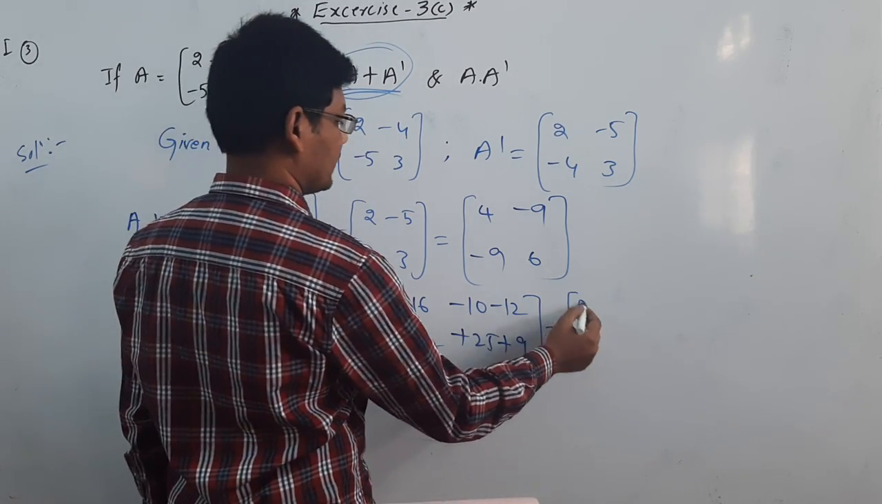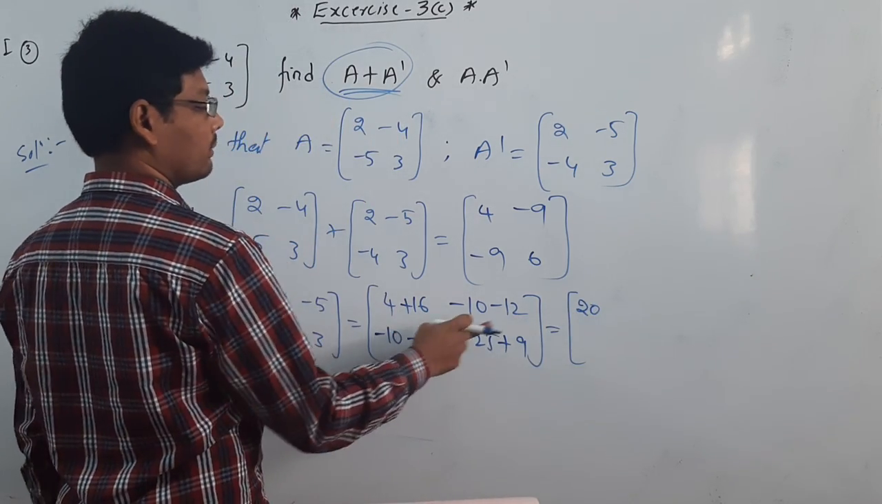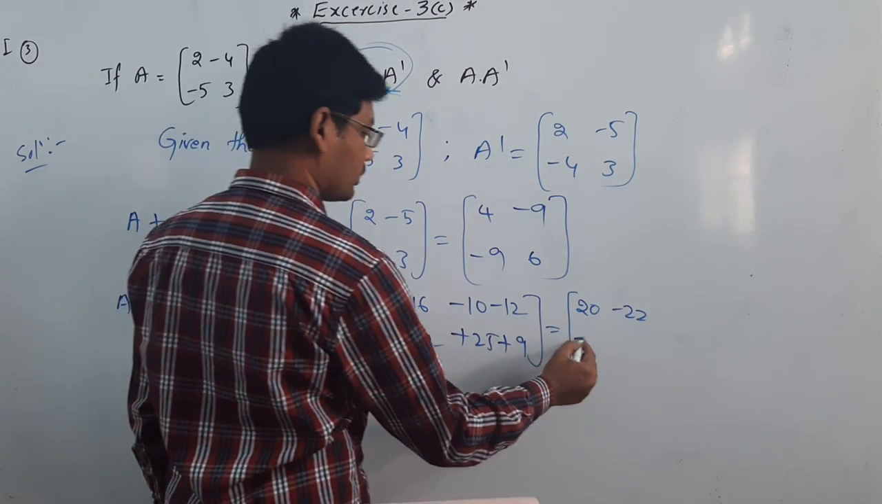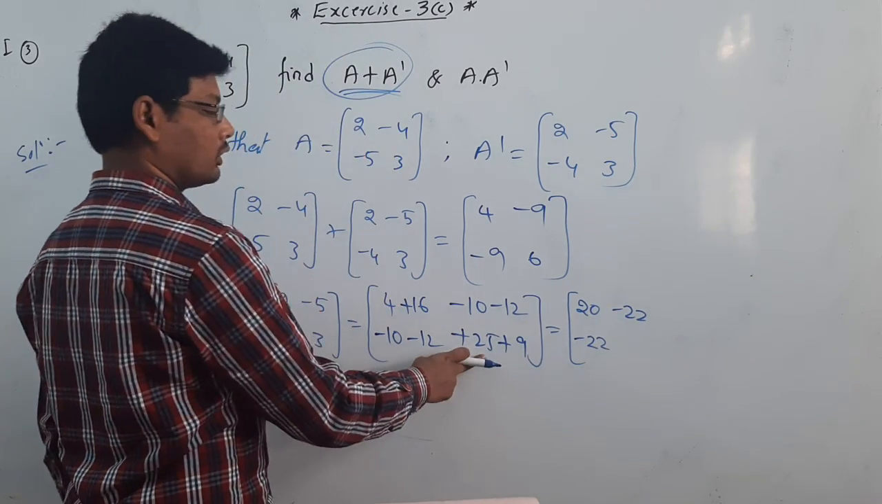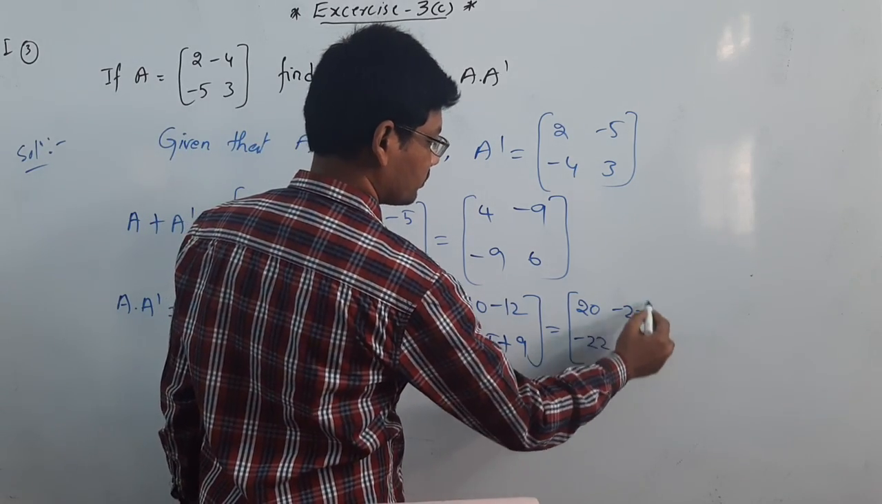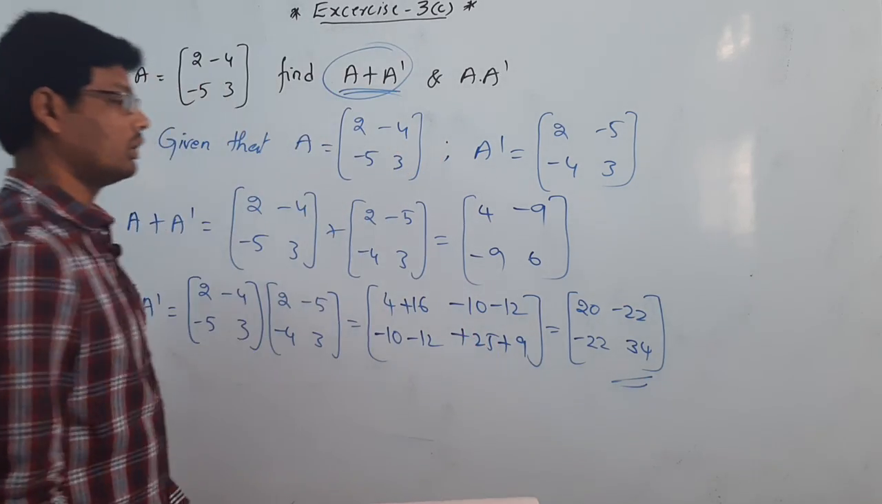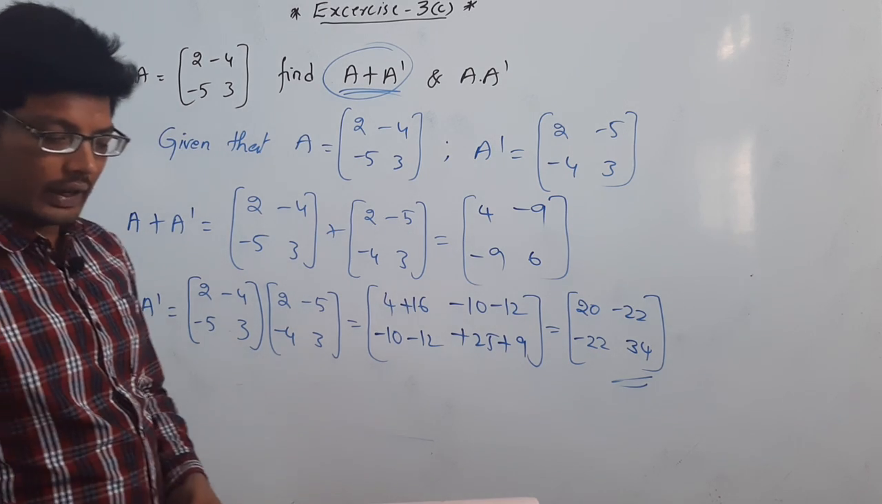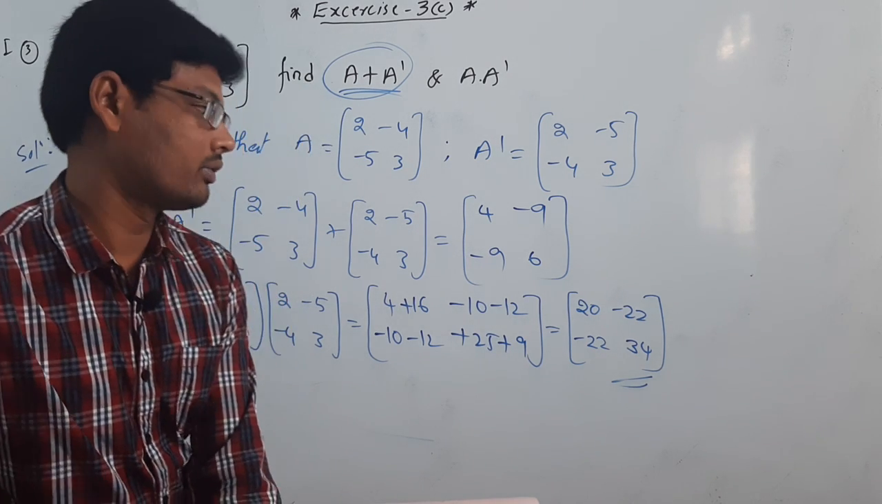4 plus 16 is 20, and minus 10 minus 12 is minus 22, and minus 10 minus 12 is minus 22, and 25 plus 9 is 34. This is the solution for A into A dash. This is all about the third question, and the next question is